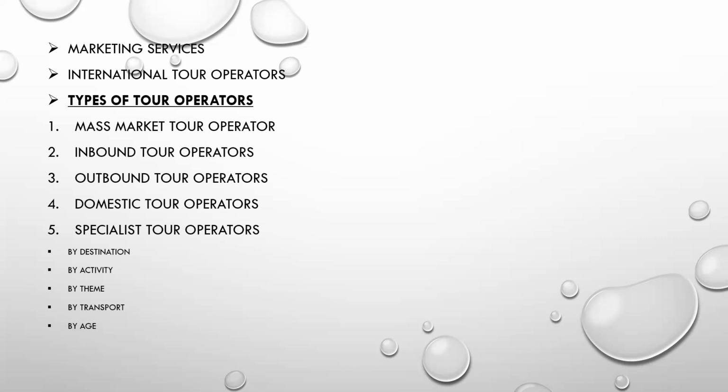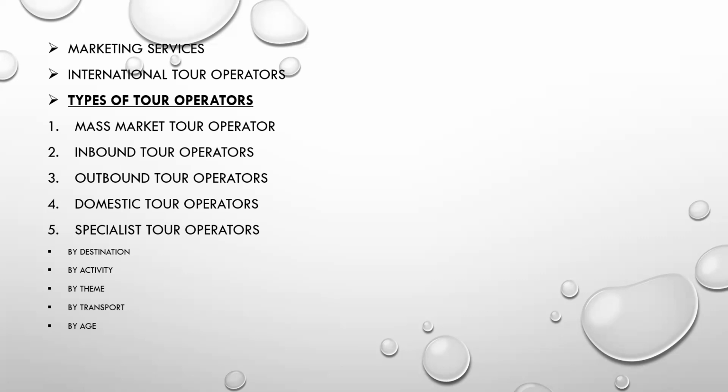The fifth thing, there are different types of tour operators. We have to know that there are many operators who specialize in specific destinations. For example, some tour operators are offering packages for a certain area or a certain country or a certain destination. And some tour operators are specialized in a specific activity, okay? They make packages for a certain activity.